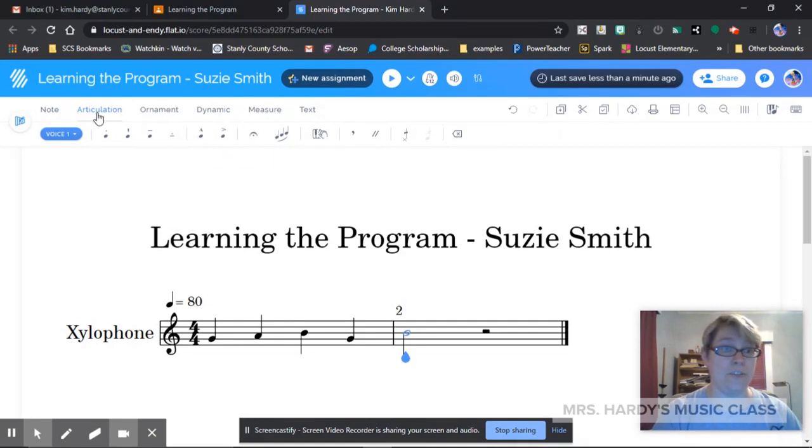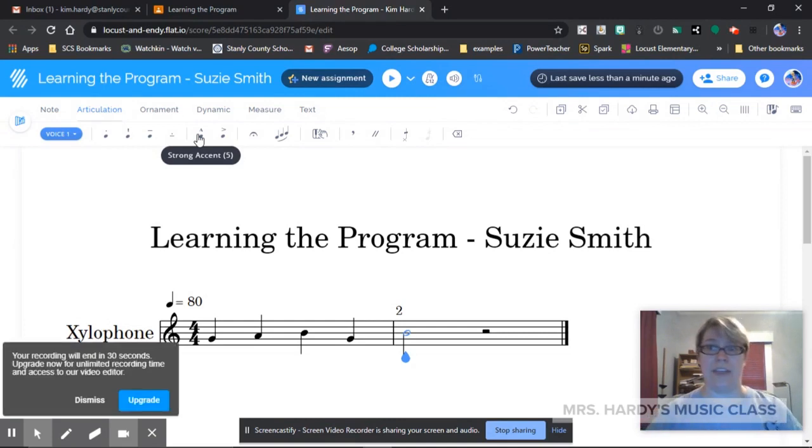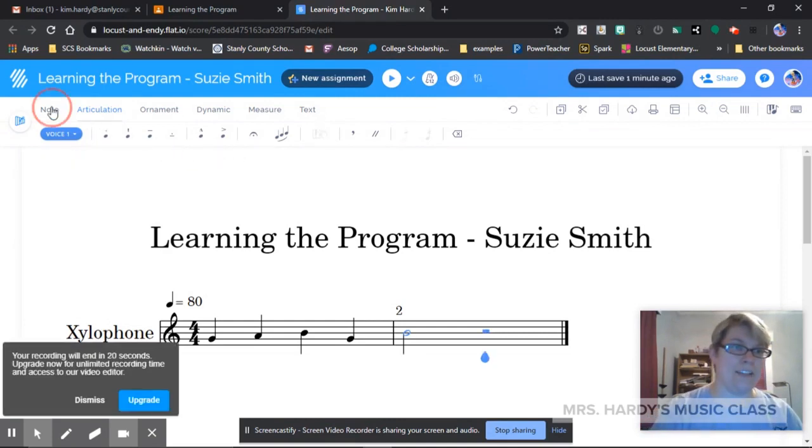So I go over to where it says articulation at the top, and it gives me all kinds of options. I could make it a strong accented note, which means it's going to be a strong hit at the beginning and then gradually fading out on that roll. So back to the notes,